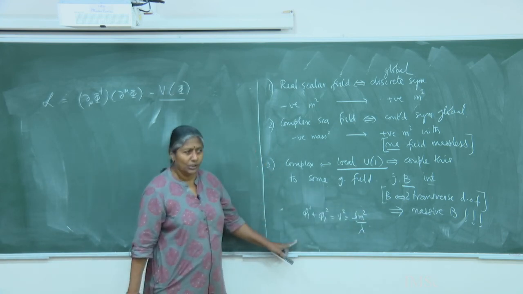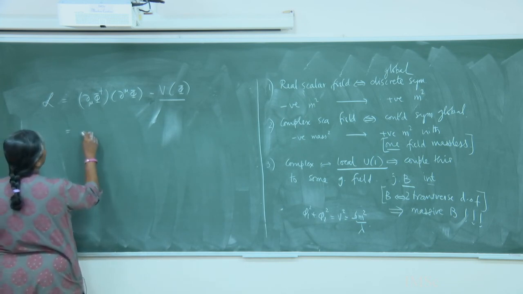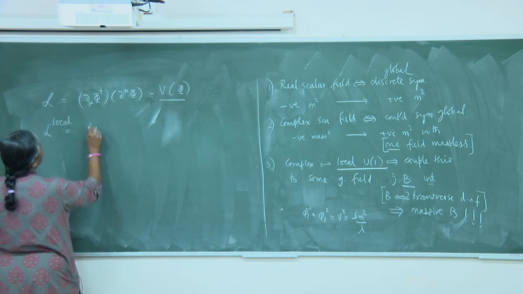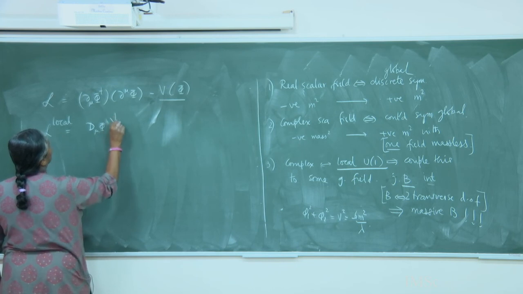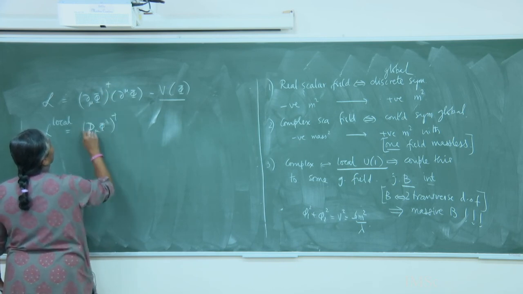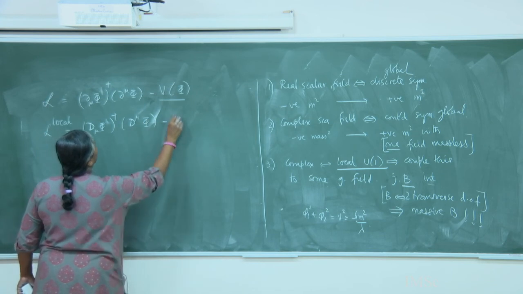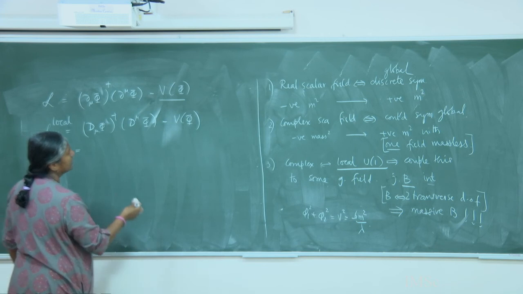Okay, is it clear? So I am only going to look at this portion here. So what will I write? Now L local will be d mu phi dagger d mu phi minus V of phi,